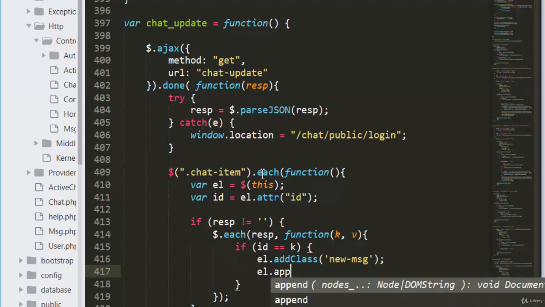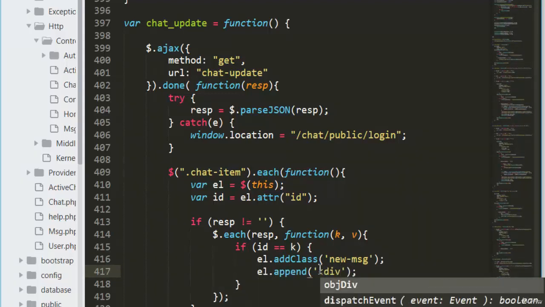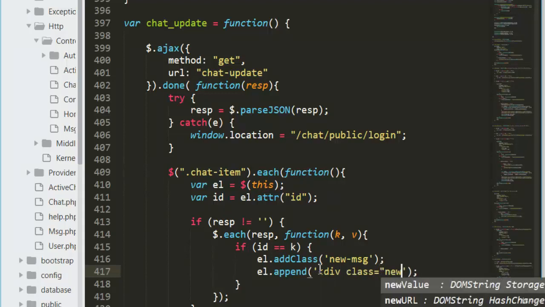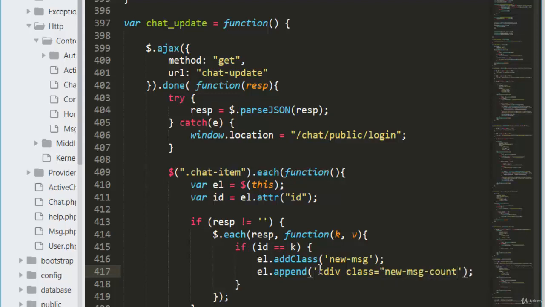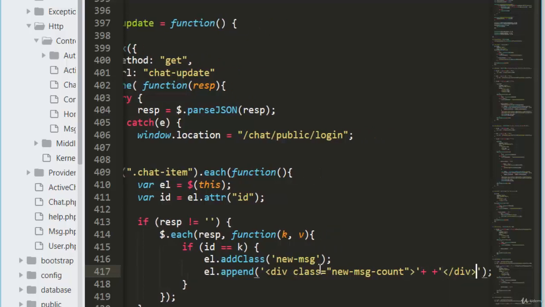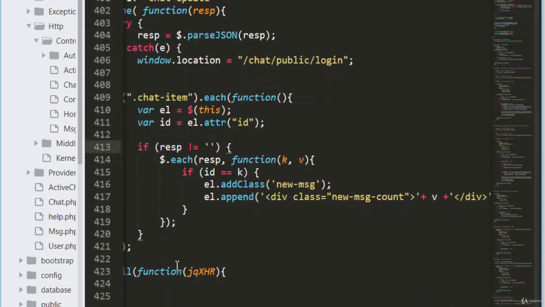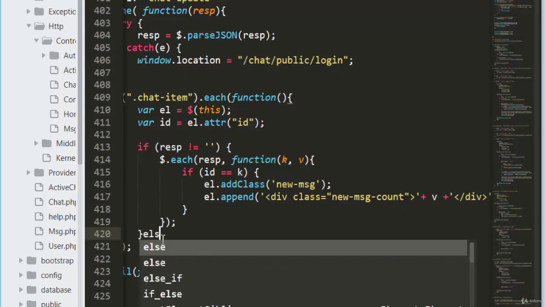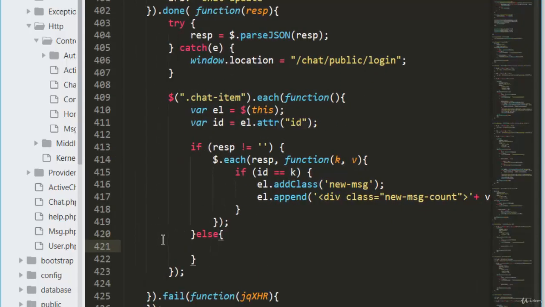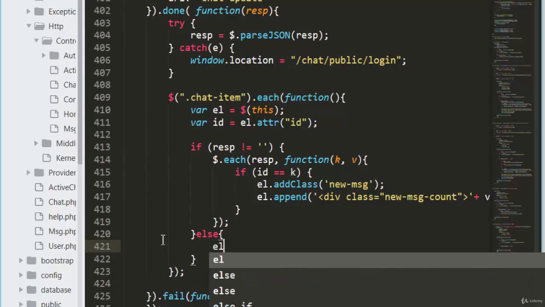and append the same div having a class of new message count and value. And if response is equal to 0, empty, not 0, then el dot